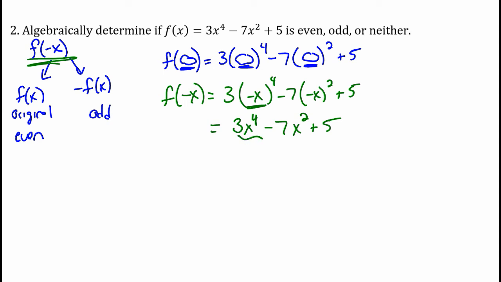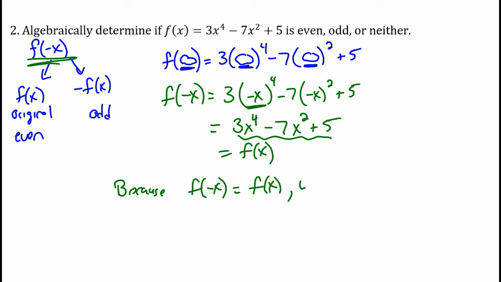Well, wait a minute. This is what we started with. That's f of x. That's our original function. So because f of negative x equals f of x, we say f is even. Because we got back the original function,